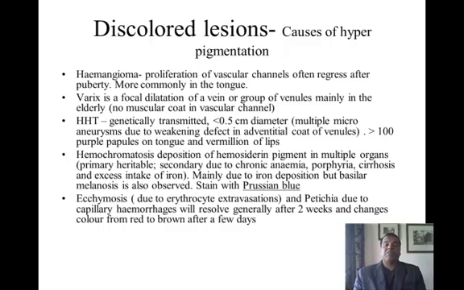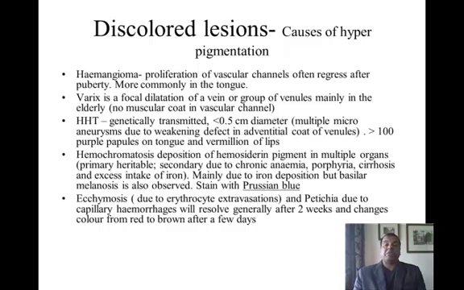Hemangioma is a proliferation of vascular channels, often regressing after puberty, more commonly in the tongue. A varix is a focal dilation of veins or a group of venules, mainly in the elderly, and so in this situation there's no muscular coat in the vascular channel. Hereditary hemorrhagic telangiectasia is genetically transmitted,